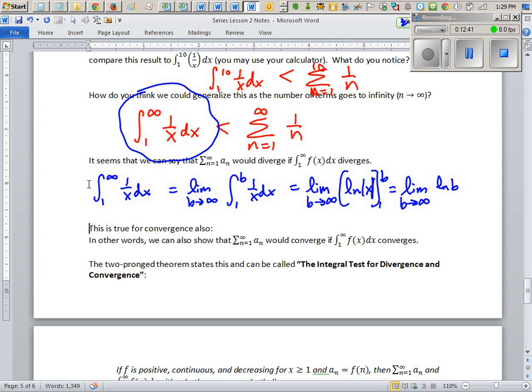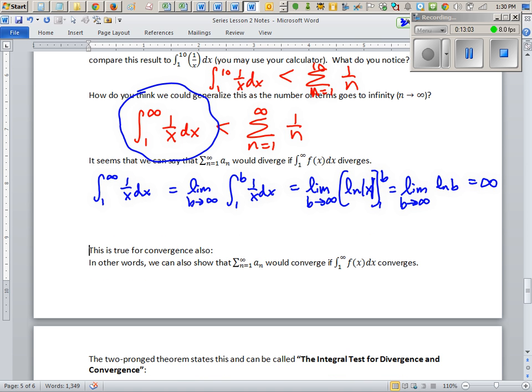Okay, time to make b large. What do you get when you take the limit as b goes to infinity of natural log b? ln of a million, ln of a billion, ln of a trillion, what is that going to give you? Infinity. It'll go to infinity. And so what we see here is that the integral diverges. The integral diverges, right? Since this improper integral diverges,